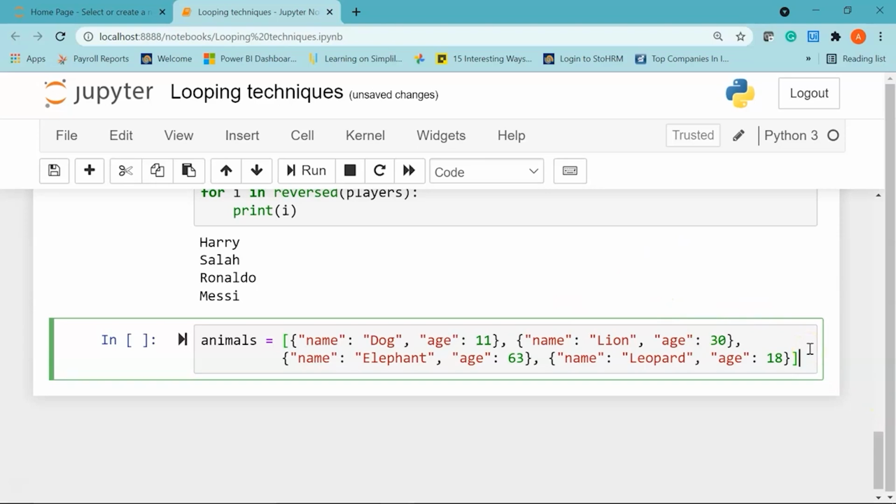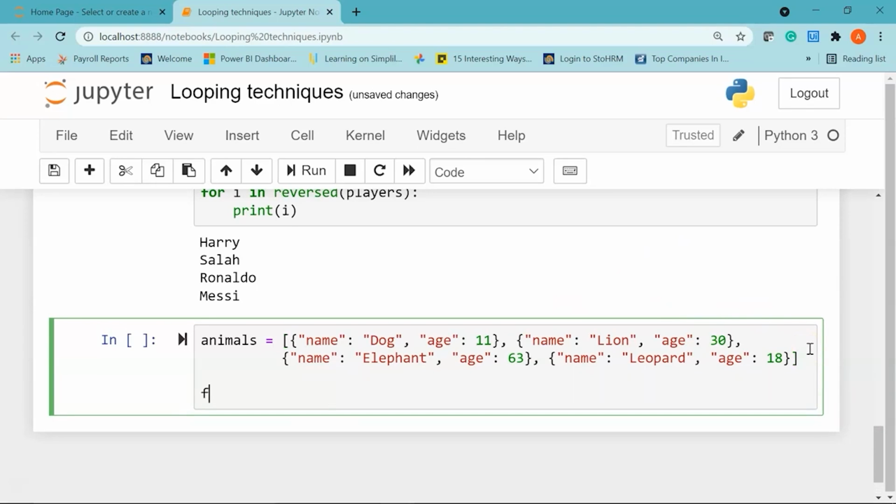Now, using a for loop, we'll filter the elements in the list giving a specific condition. Let me show you. I'll write for animals in, and I'm going to use the filter function. Inside the filter function I'll give an anonymous function called lambda.